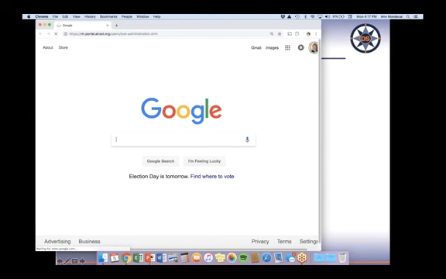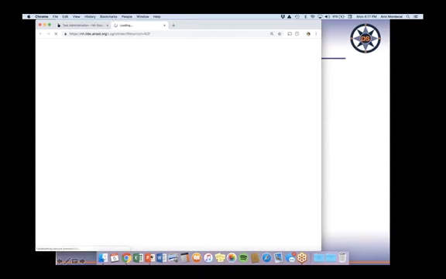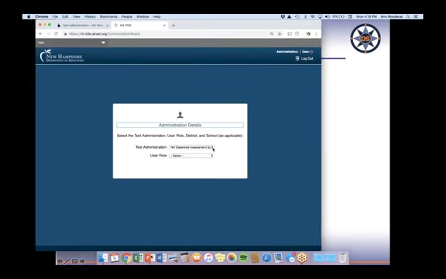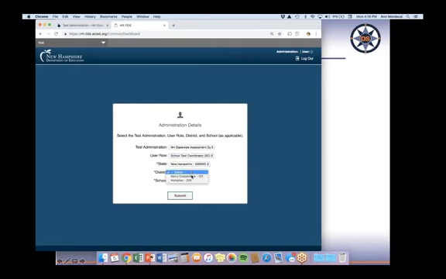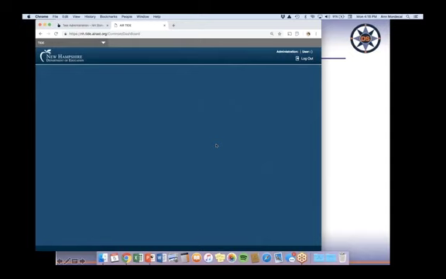Let's see. So I'm going to go to the portal. I'm going to click on Tide. And then you don't have to do this, but you will probably just have one school. This is a little scary doing this so fast. I just don't want to get to the point where I'm showing any names here. It's just not working. So I'll just tell you what you do. You're going to go to Tide.